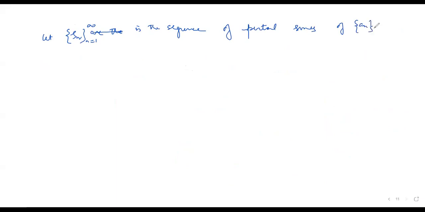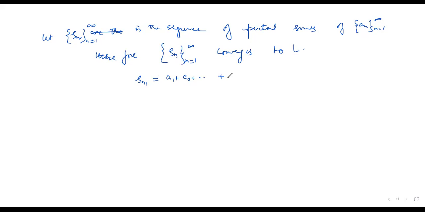So basically, if S_n is the sequence of partial sums of a_n, then since this a_n converges, S_n, n runs from 1 to infinity, converges to L. Now what will S_{n_1} be equal to? It is just equal to a_1 plus a_2 so on and so forth up to a_{n_1}, meaning we sum up to n_1. What will S_{n_2} be equal to? S_{n_2} will be a_1 plus a_2 plus so on and